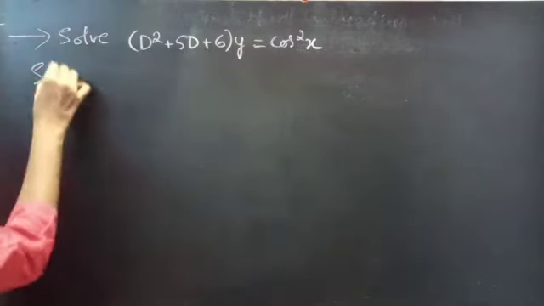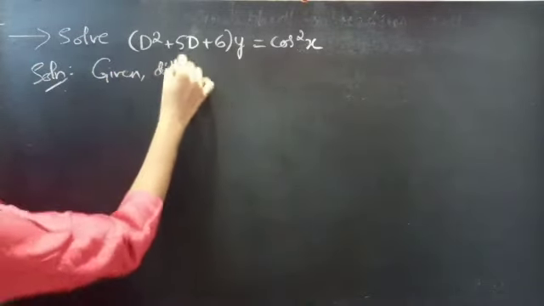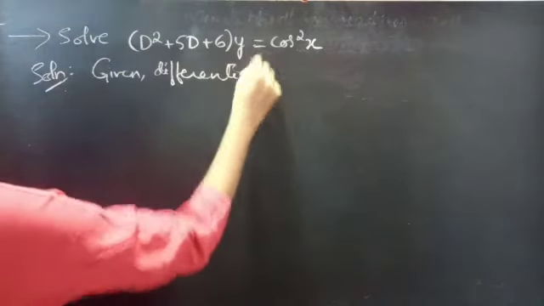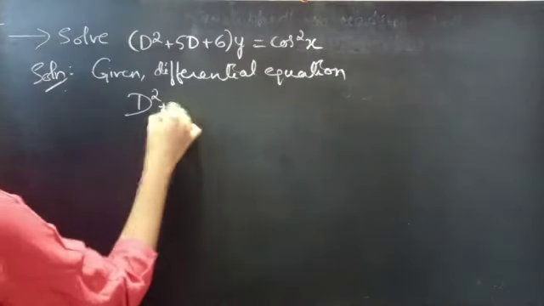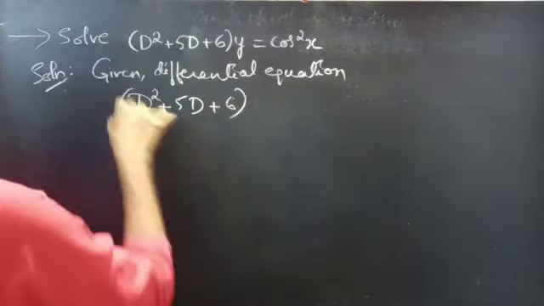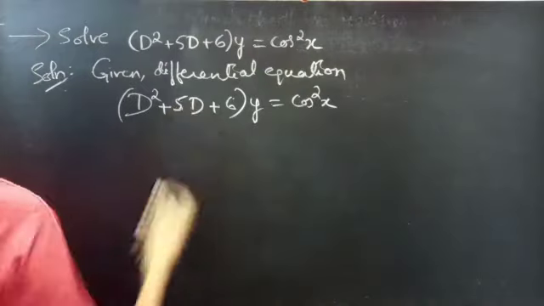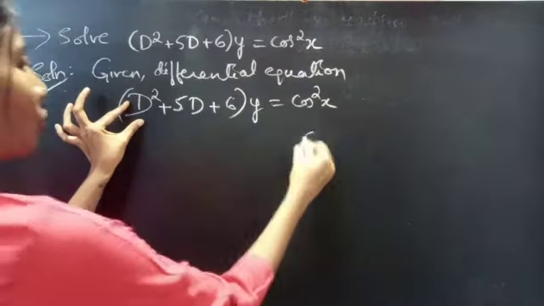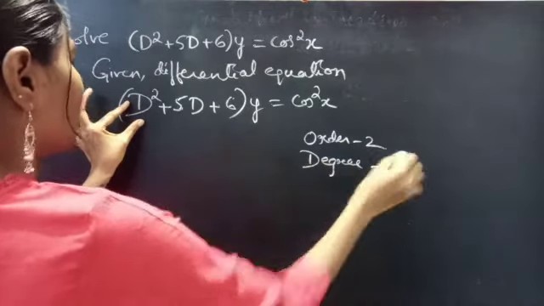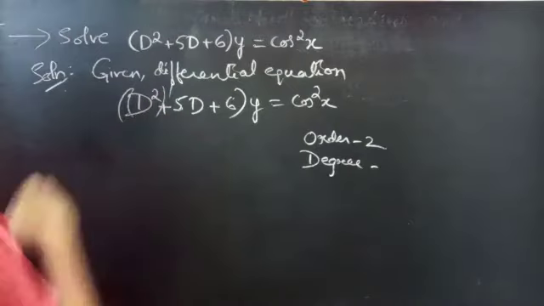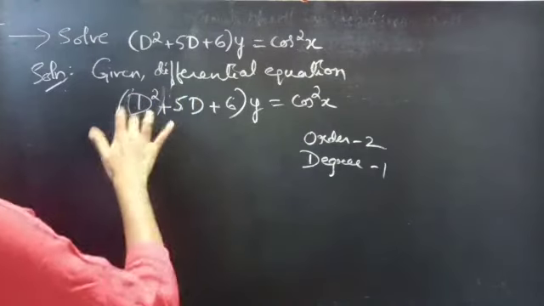Solution. Firstly, let's find the order and degree of the given differential equation. (D square plus 5D plus 6) y equals cos square x. Now, identify the highest derivative. Here, D square is the highest derivative, so the order will be 2. And the highest power of the highest derivative is our degree. Okay? Or, you can write the given equation as